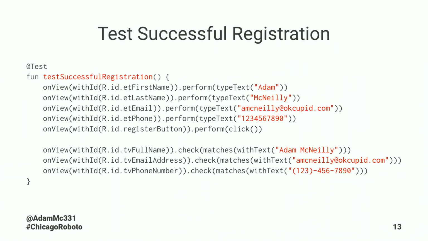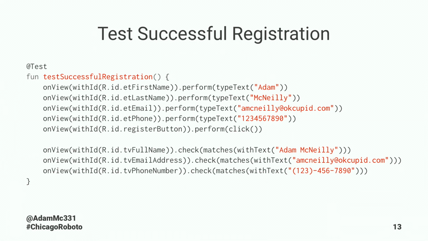So this is what our successful registration test would look like. I know it's a lot, but if you follow through it slowly, you can really follow along. So on the first line, we find a view with an ID of et_first_name, perform an action, type in the text of my first name. Then find a view with an ID of et_last_name, perform an action, type the text of my last name. Then find a view with an ID of et_email, perform an action, type the text of my email